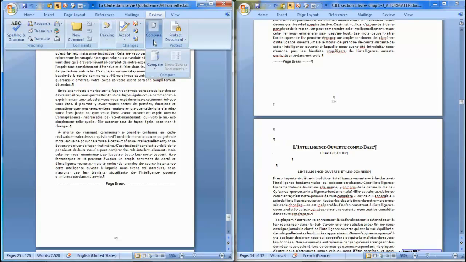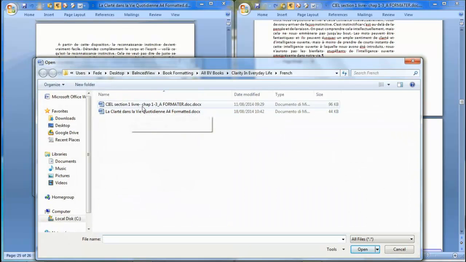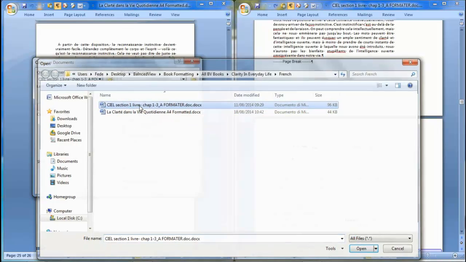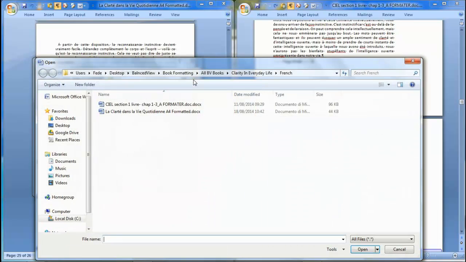Review, Compare again, and we choose Compare two versions of a document here. For the original document, we go into this little folder here, we browse for it, and we choose the French translation of Clarity in Everyday Life, the original one. And for the revised document, we browse here again, we choose our template, A4 format template,